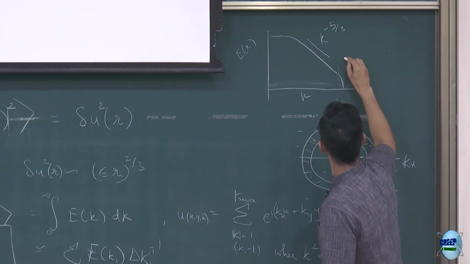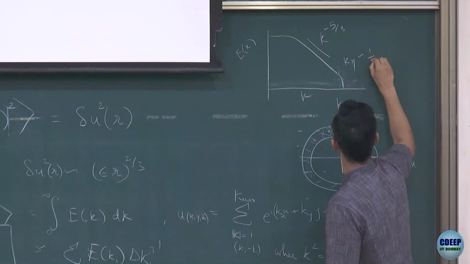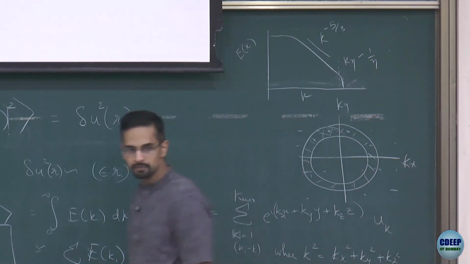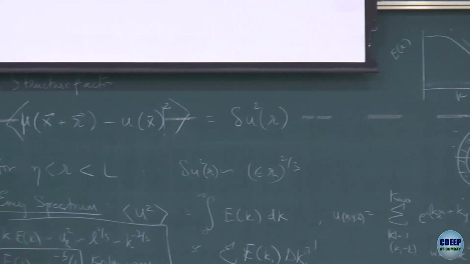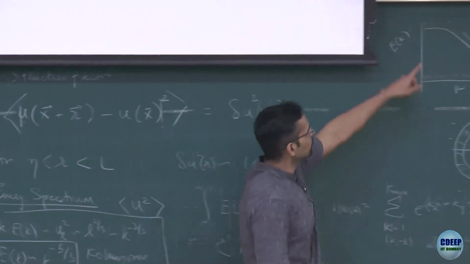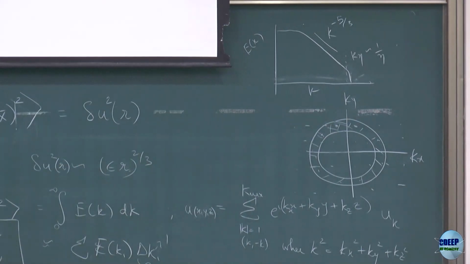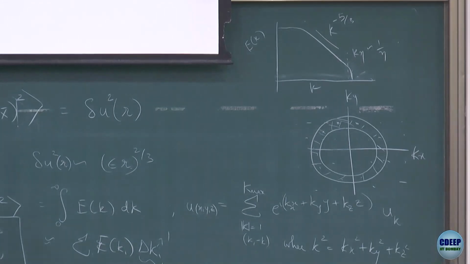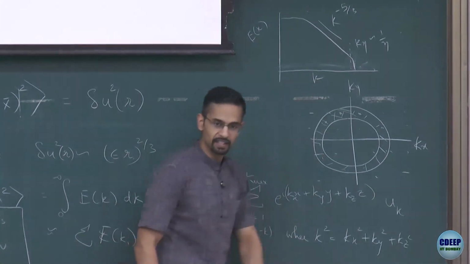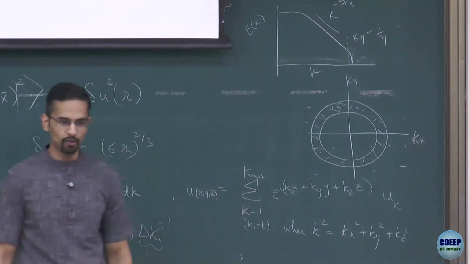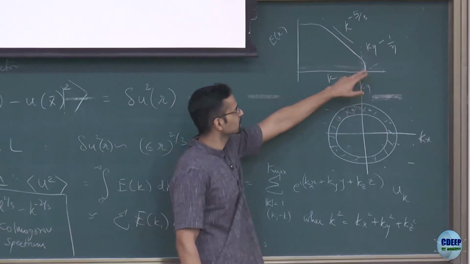And this typically happens at k eta, which goes like 1 over eta. So at a wave number corresponding to the inverse Kolmogorov length, this power law behavior will end and you will become steeper, because, of course, that is when you are hitting the smooth flow. Usually it has some kind of exponential decay form. If this doesn't decay, then there will be energy content sitting in smaller and smaller scales. The flow will not become smooth. So at some point you will cut off because of viscous dissipation.